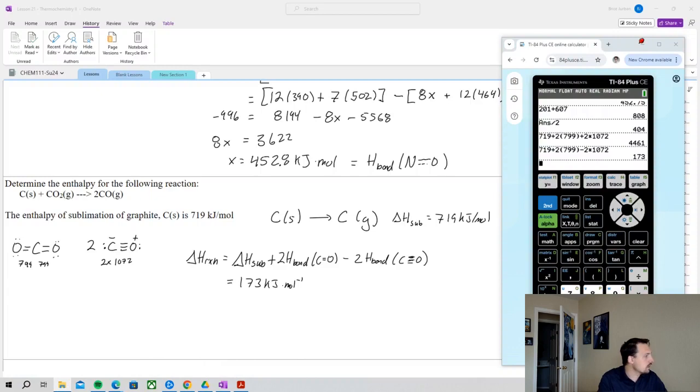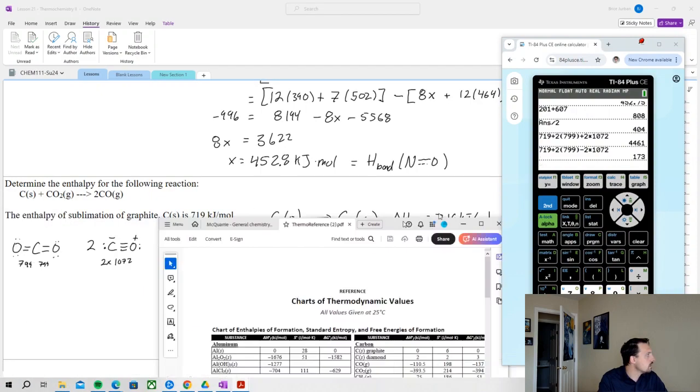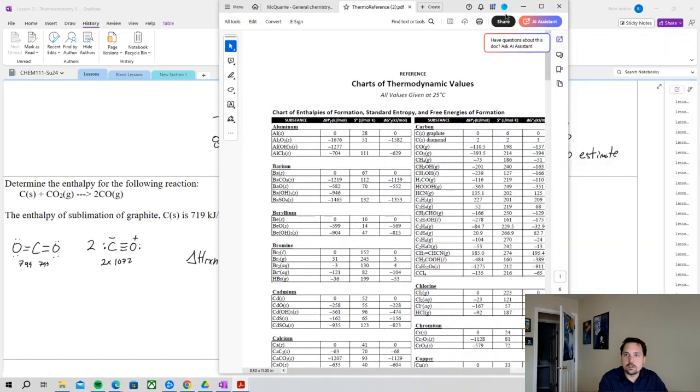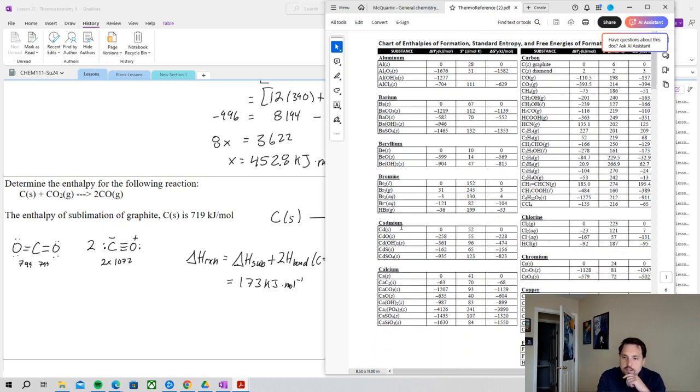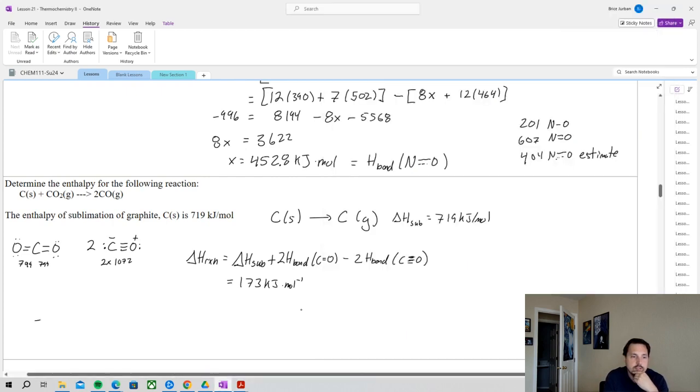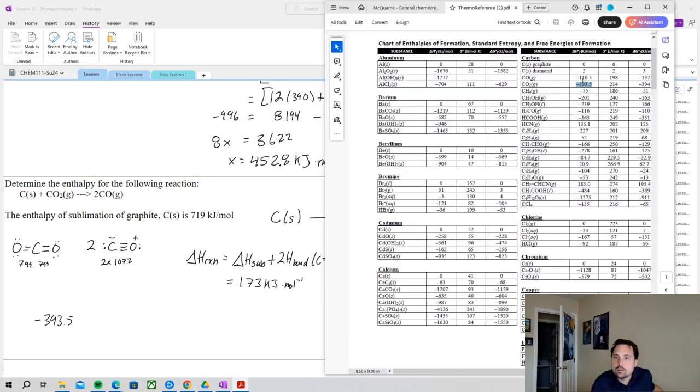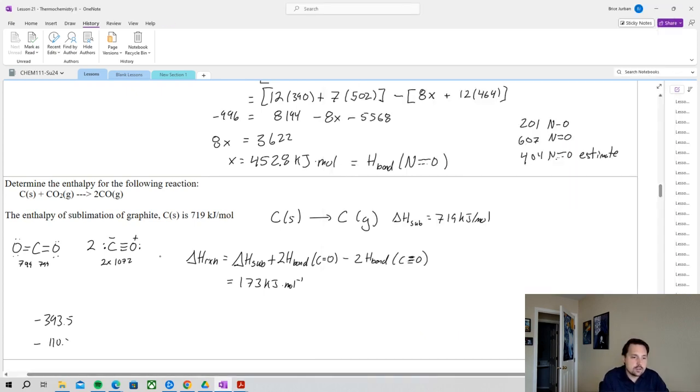I want to open this, I think, this will be better. Okay, so if we look up carbon in a solid form, that's fine. What about CO2? That's negative 393.5. And then the other value was CO negative 110.5. Okay, so this is